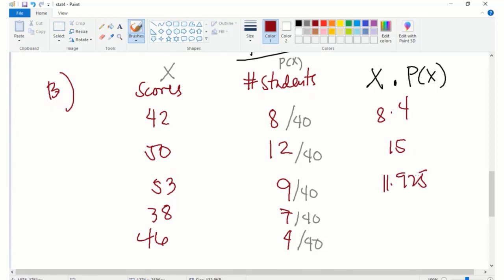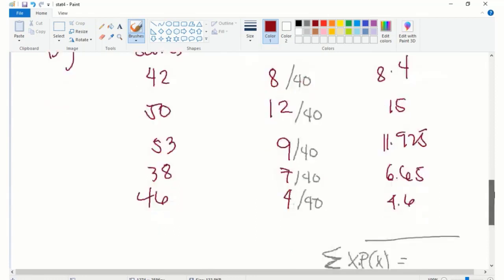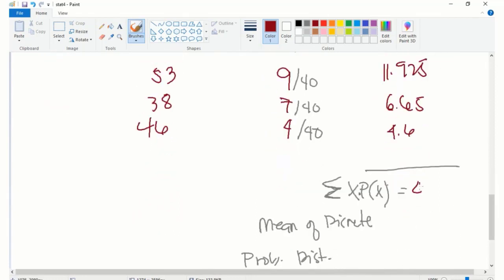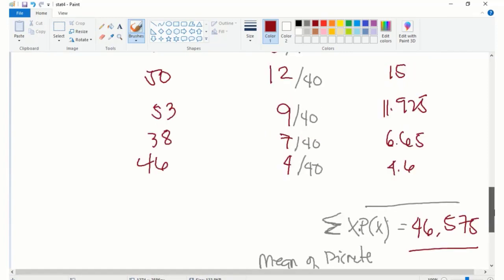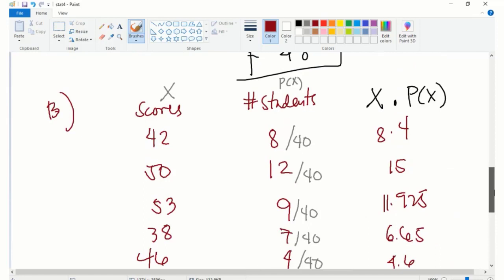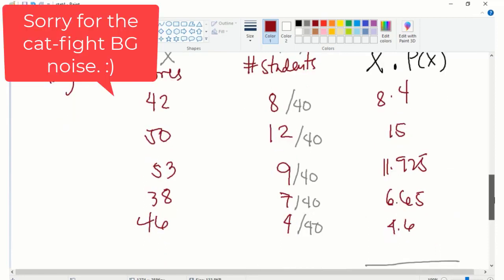11.925. Then we have 38 times 7 divided by 40. And then we have 6.65. And then 46 times 4 divided by 40 is equals to 4.6. So if we add all of this, 46.575. So looking at the mean of discrete probability distribution, you can say that the average score of these 40